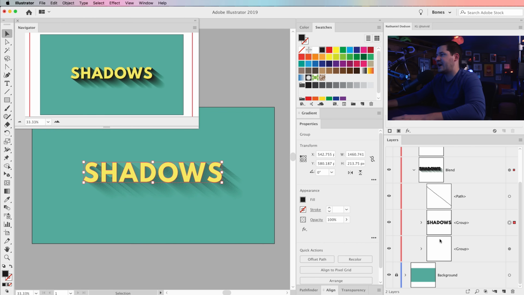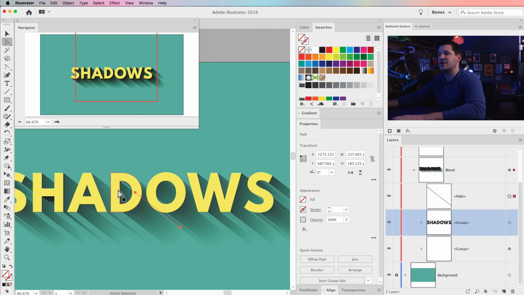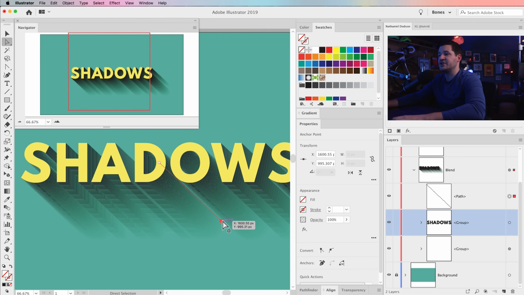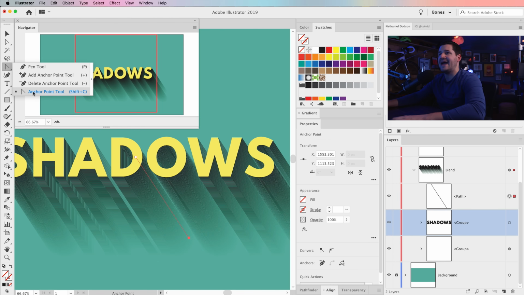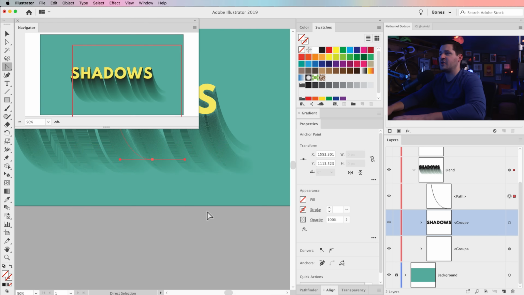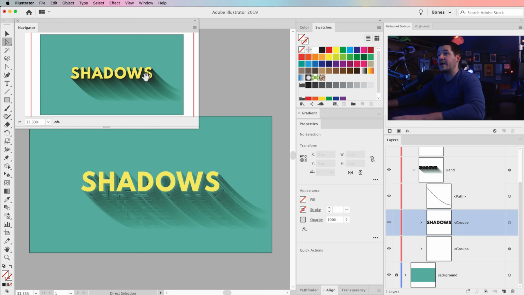So how do we make a moving shadow, and what do I mean by that? Well, we've just been playing around with the text within the blend. We can also select the path, which you can see is just this little line here, and we can use our direct selection arrow, and we can grab one of the points of the path and stretch it out to make the path change direction or get longer or shorter or anything like that. We can also use the anchor point tool, which is underneath your pen tool, and we can curve this. So we can make our shadow kind of curve and sort of turn into these trail lines or whatever, and we can do a lot of really cool things with it. So that's one interesting thing you can do when creating shadows this way.